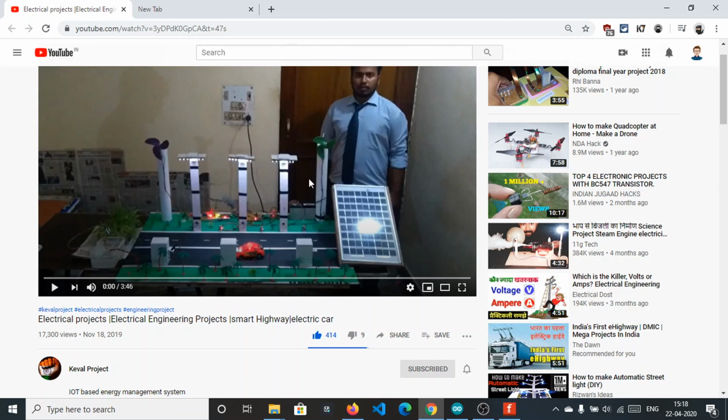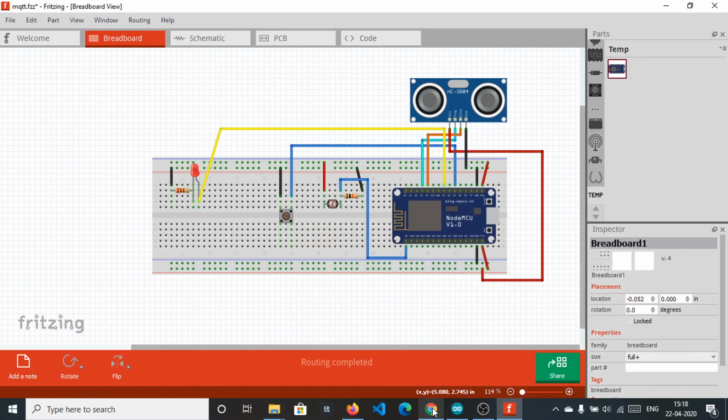I am implementing this for a single electric pole, using a single ultrasonic sensor to detect the car, and everything I will use for just one electric pole. Fine. So this is the circuit diagram I have created on Fritzing.